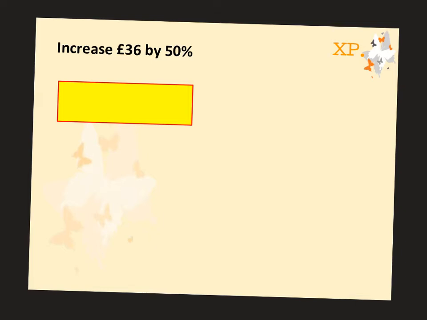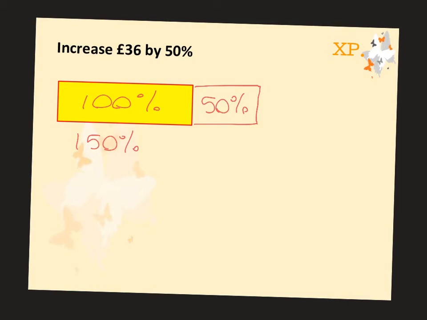So the first example, we're going to increase £36 by 50%. So again, I know you'll be able to do this without using the multiplier, but I can't say it enough, you've got to be able to do it with the multiplier as well. So we're going to start with the £36. This is the whole thing. This is the 100%. And then we're going to increase by 50%. So we're going to add on 50%. So all together, just like you were doing last week, you actually want to work out what is 150% of